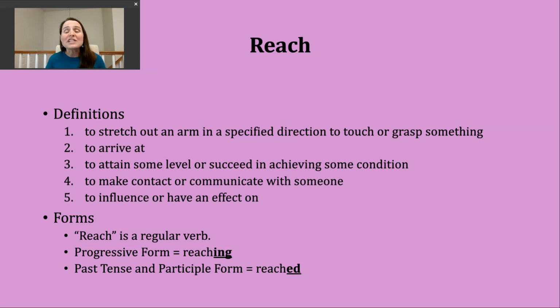You should know that reach is a regular verb. To make the progressive form, all we need to do is add ing to form reaching. The past tense and participle forms of this verb can be made by adding ed. Our base verb, reach, ends in this unvoiced ch sound. So when we add an ed ending, we're actually going to make a t sound as we say this past tense or participle form. Okay, it should sound like this: reached, reached. And I always like to point out I'm not adding an extra syllable as I say that past tense ending.